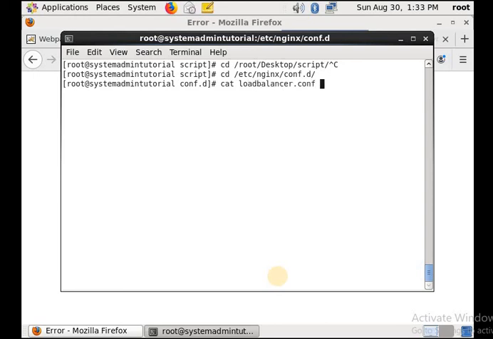Inside this etc nginx conf.d you will find another conf file.